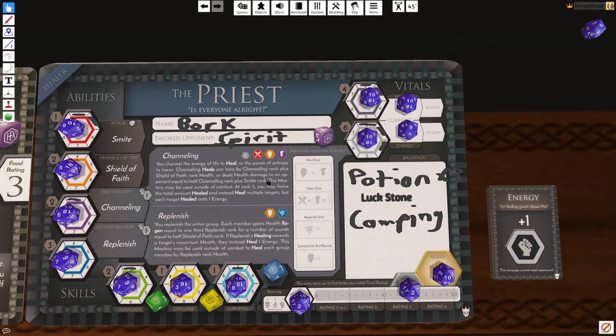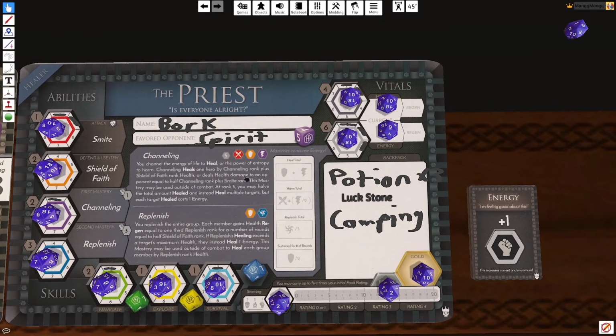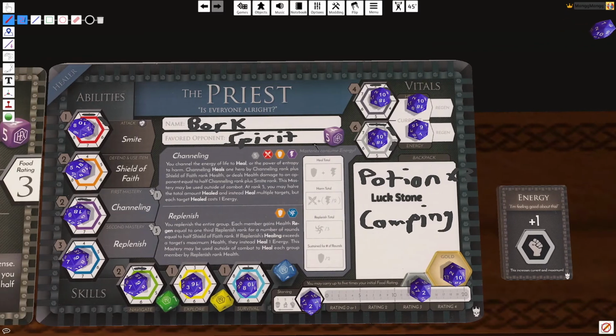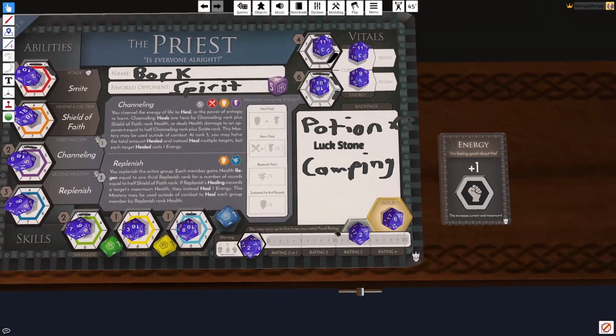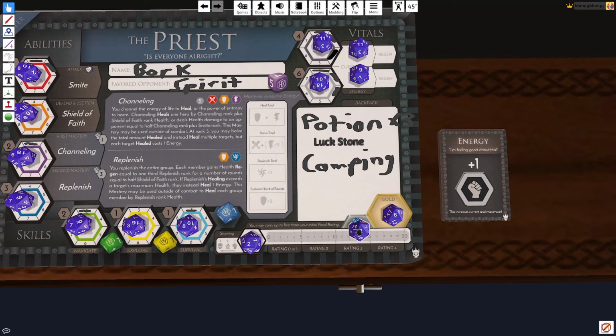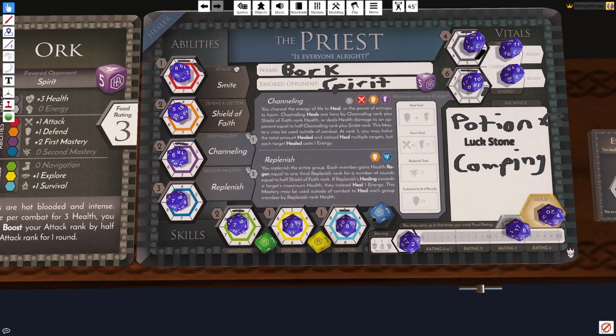Let's make... He's definitely going to buy some food. I mean, there's no doubt about that. So I think just... Yeah. Get a health. For 4. Buy two food? 2 rations, which will bump us up to 6 food. And then...